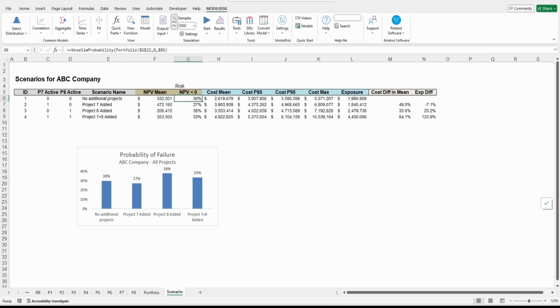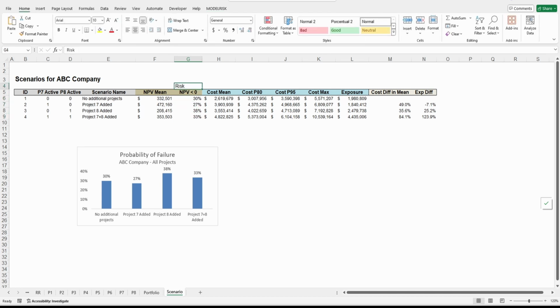What's the probability of being negative? Basically the risk. That's what I have here. The risk. The cost, the exposure for each one of them, etc. So you can decide here, you're actually helping the managers or the owners or the people that write the checks to decide and say, well, in this case, if we add only project 7, we're going to have to spend